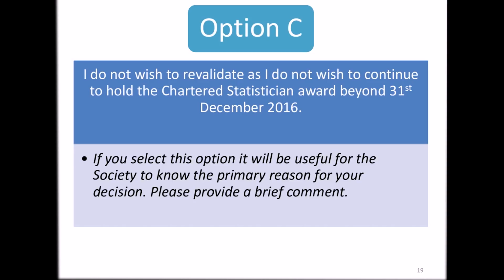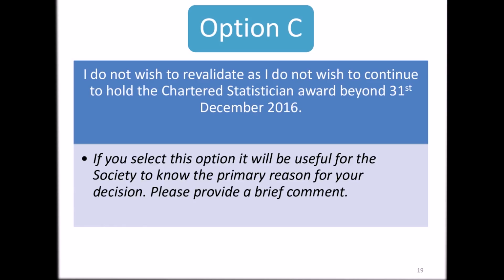Our experience from the revalidation process in previous years is that a small number of members select this option because of a misunderstanding of the revalidation requirements. And we're keen to make sure that members only choose this option fully understanding the other options that are available. So in summary, then, thinking about the last three slides, we require an option choice A, B or C to be made by the 31st of March. Unfortunately, if no response is received, we will have to assume option C has been selected.